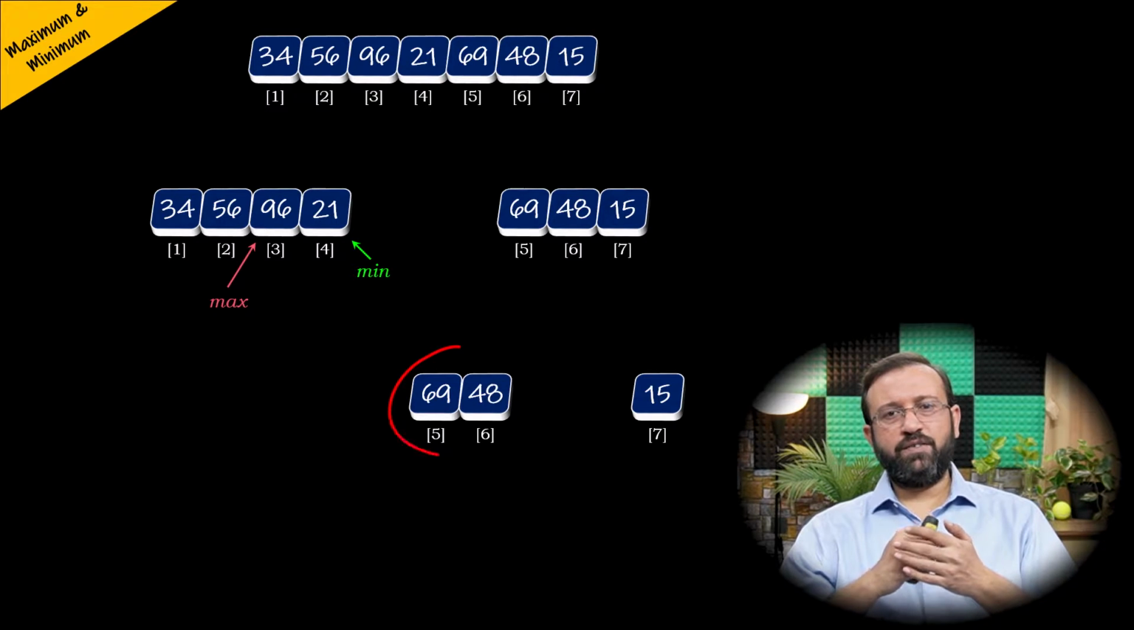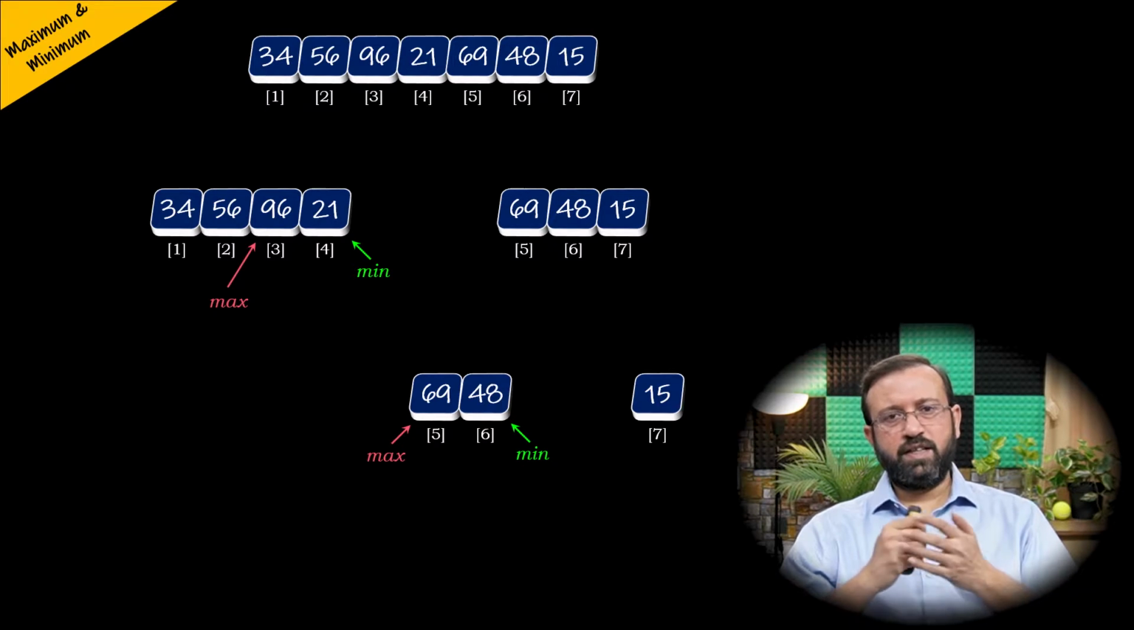Now since the left subarray has only two elements, that means the problem is small, and we can easily compute which element is maximum and which element is minimum by comparing the two elements. That is, if the first element is minimum, then the second element will be maximum or vice versa. So here in this left subarray, we can easily compute element 69 to be maximum. Let us call element 69 as max and element 48 to be minimum, and let us call element 48 as